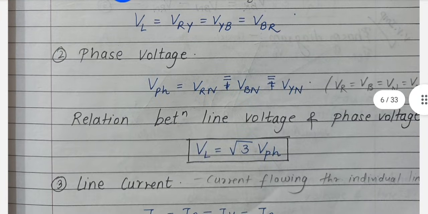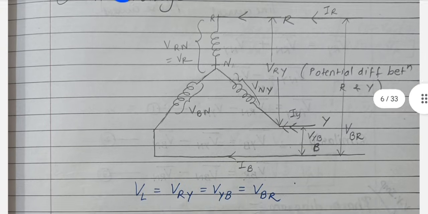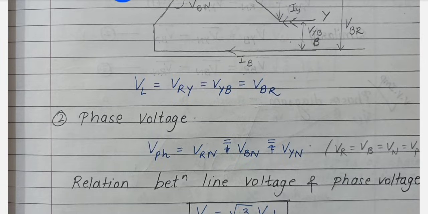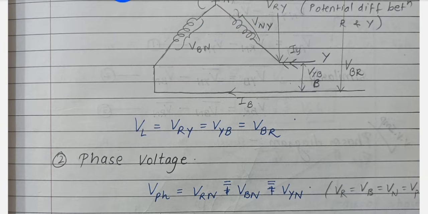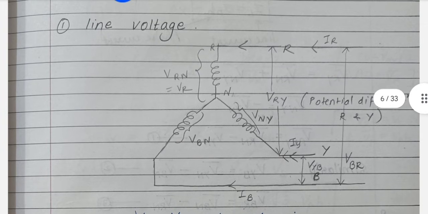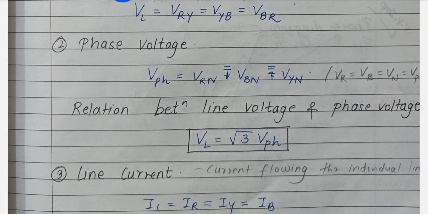Then the second point you have to mention is about phase voltage. So what is phase voltage? The voltage which is across an individual phase in a three-phase system, denoted as V phase. In the diagram, first was the line voltage, which was in between R, Y, and B only. But the phase voltage is with respect to only the individual phases. So the voltages which we have written with the neutral point, that is VRN, VBN, VYN, these are all the phase voltages, and you can also write them as VR equal VY equal VB.